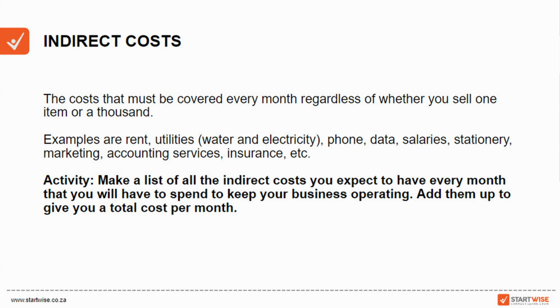Okay, good. And I know that things like your cell phone bill might change slightly. One month you might make more calls, one month less. But if you could just think of what it is on average every month. One month you might buy stationery and then you don't buy it again for 6 months. Or some months you might spend more on marketing. But just think about the average amount that you spend every month and the debit orders that go off your business bank account. So in doing that, you should now have a total that you spend on indirect costs every month.